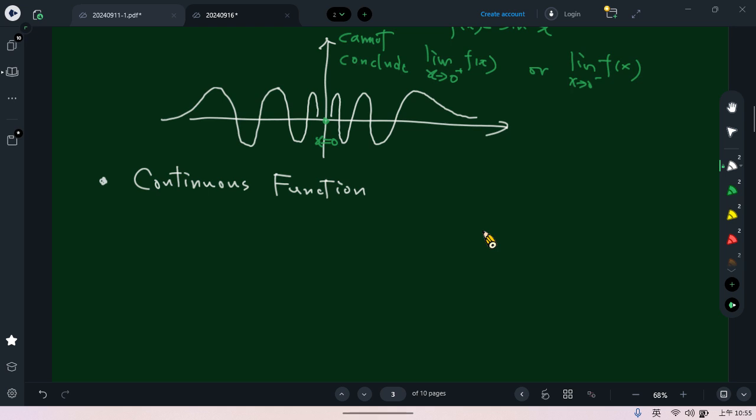So right now, can we extend the idea to define a continuous function? Before that, let me show you the first definition for continuous on some interval. If a function is continuous on an interval,